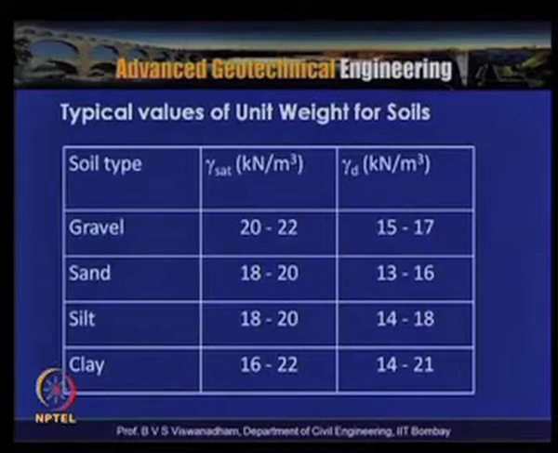For some non-soil like materials, say municipal solid waste, they are even lighter than water. The unit weight, in the loose state for a fresh municipal solid waste, can be as low as 9 kilonewton per meter cube. For industrial waste like coal ash, the dry unit weight can be in the range of 12 kilonewton per meter cube. That means that these light materials can be used in geotechnical engineering for some construction purposes if you want to do construction on soft ground.